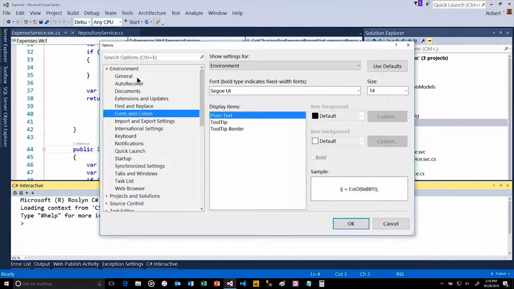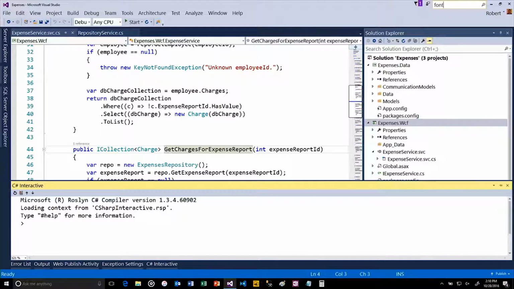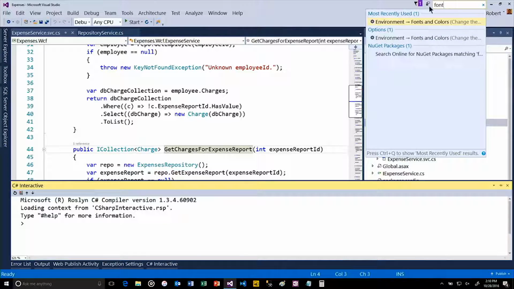Tools, Options, under Environment, Fonts. But I can just type font and go directly to there. Or if I want to find out where the Xamarin stuff is,